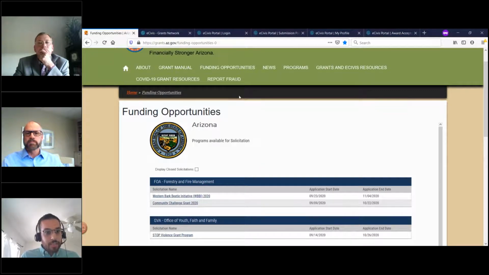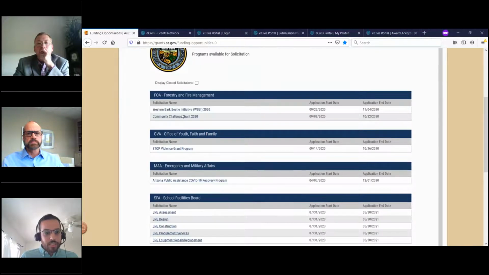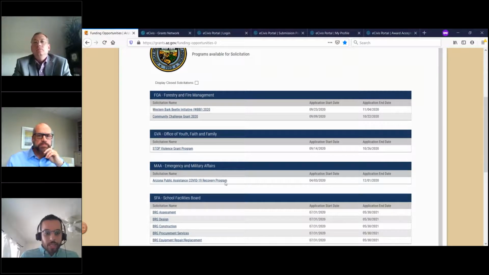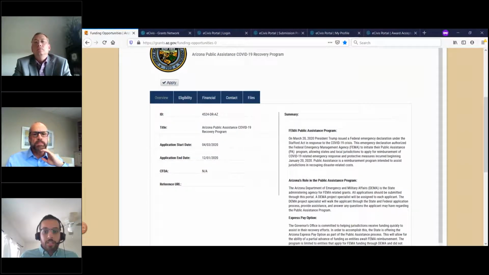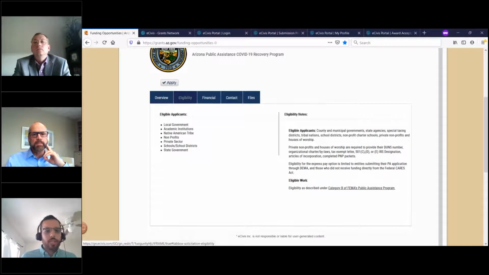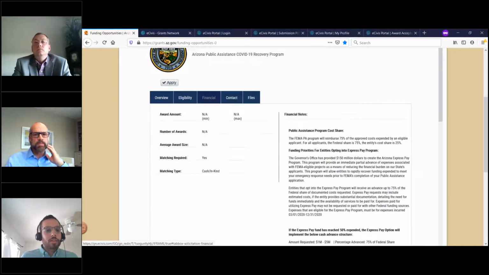So you can see here, they actually have a web page that they've designated for a wealth of grants resources, and they have a page right here with eCivis embedded, their plugin to be able to look at opportunities within one location, to be able to click on the opportunity you want to read more about, find out information about the opportunity at a surface level, but also deeper into who's eligible, what are some match requirements or award ranges,